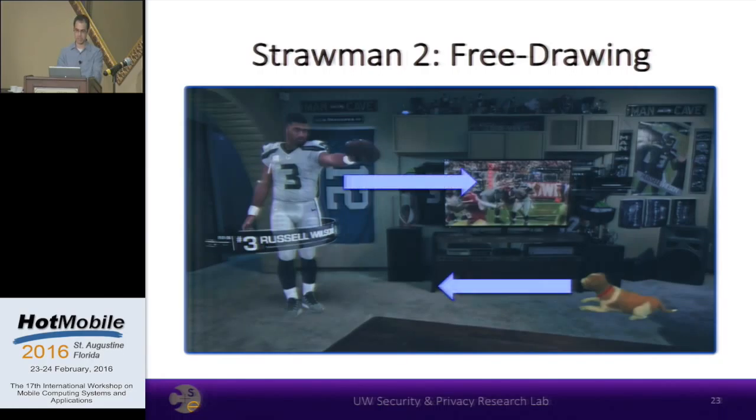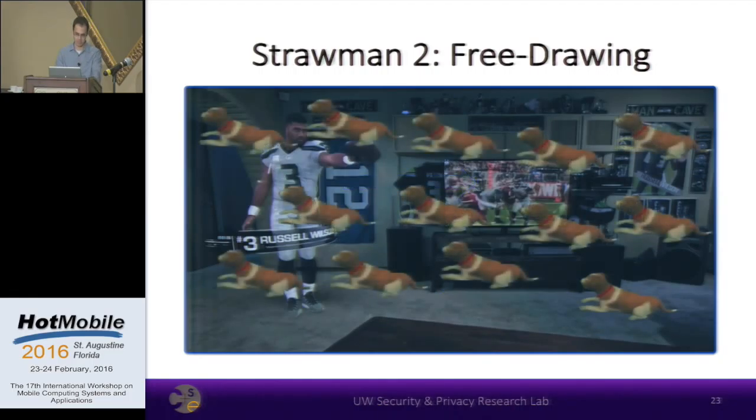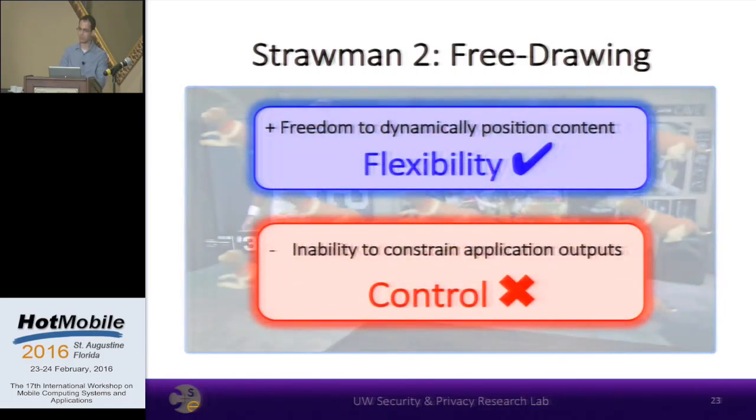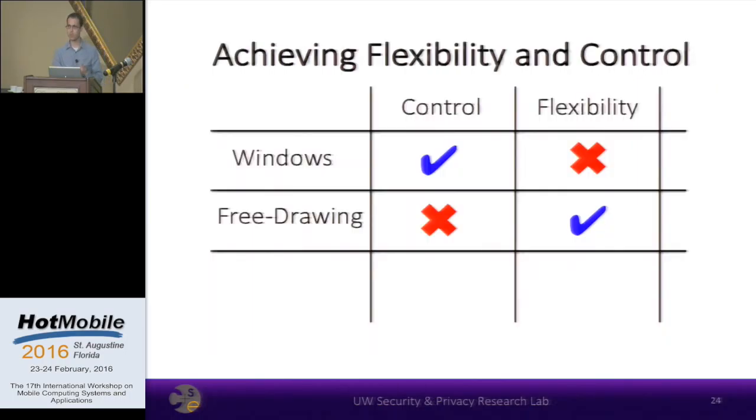While such a model would support dynamic virtual content moving throughout the user's view, it would clearly allow applications excessive freedom in displaying content, such as a virtual pet application that goes a bit out of control. And so again, we can see this tension between flexibility and control manifest, and thus we ask, is there a new way of thinking about output management that eschews variations on traditional windows in favor of something more tailored to unique AR scenarios that could allow us to support reasonable levels of both control and flexibility?